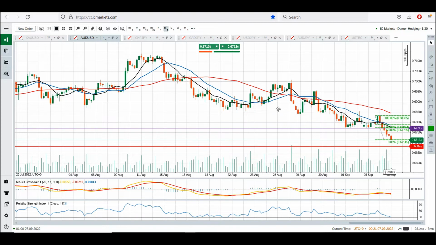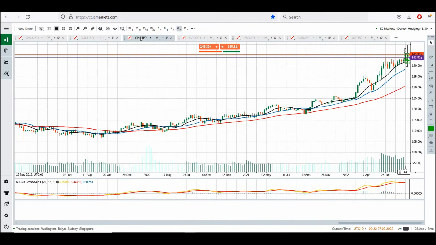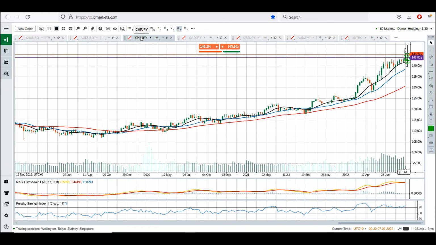The next market that I'm interested in is Swiss versus the yen. We had some nice move on the yen yesterday, and what I've done here, looking at the weekly chart, we can see that we are in an uptrend. We had a bit of a consolidation going on here, and I marked this level, the last previous strong high before we started this pullback and this consolidation for a couple of weeks. So that's the line in purple around the